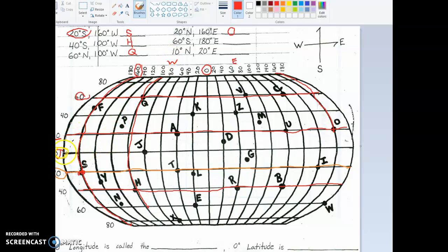60 south, start at 0 here with our equator. We know the direction is going to be south, so we go toward the South Pole. We find our 60 degrees south, run our line across,